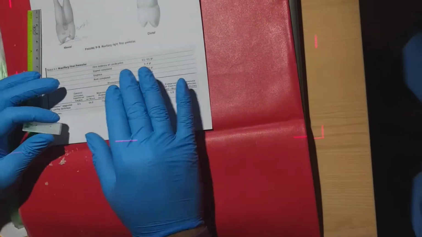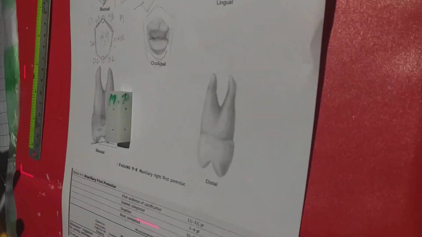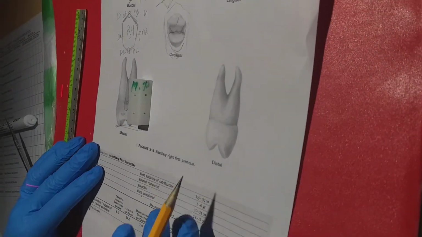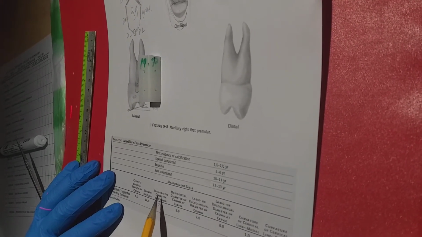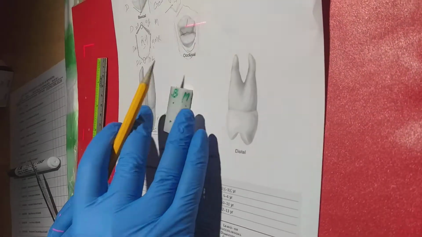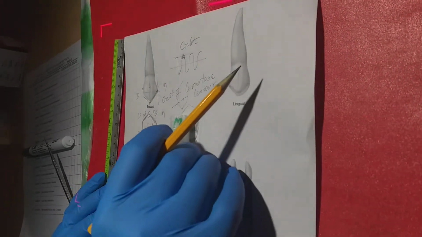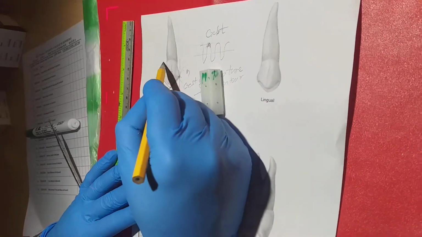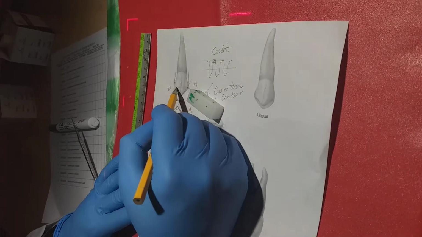So now we took the length of the crown. Sit. I can't see the color. So now it is the mesiodistal diameter of the crown. Okay, so where do you take the mesiodistal? On the buccal surface. On the buccal surface, I have to take the bulk of the crown. Okay, this bulk. Got it? This is the bulk of the crown.